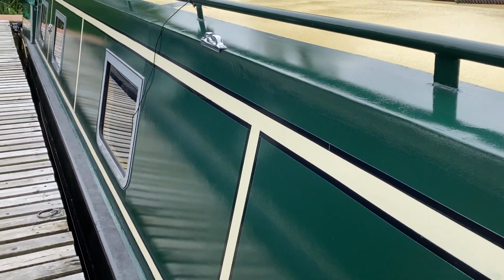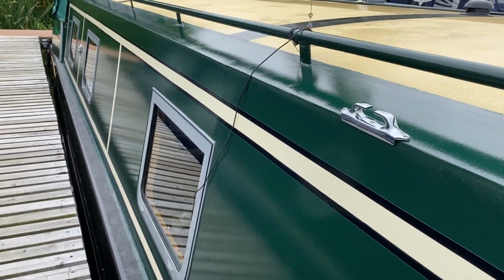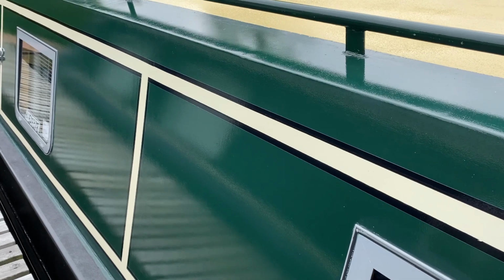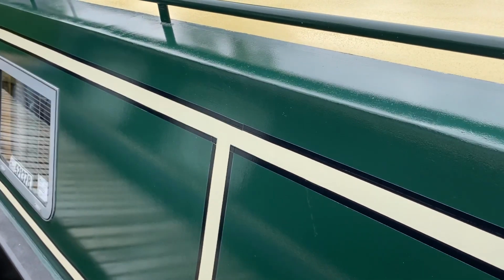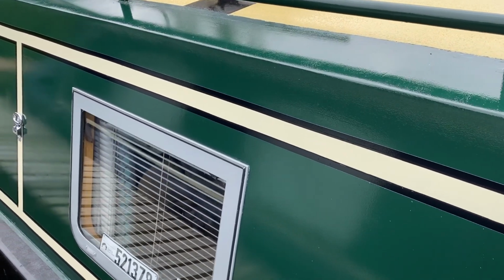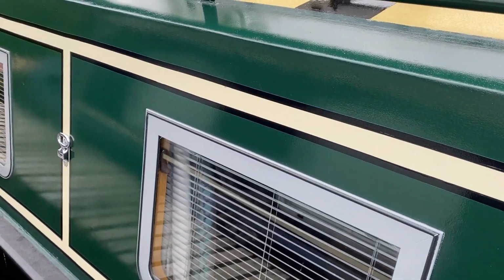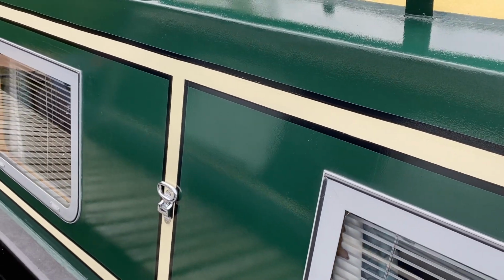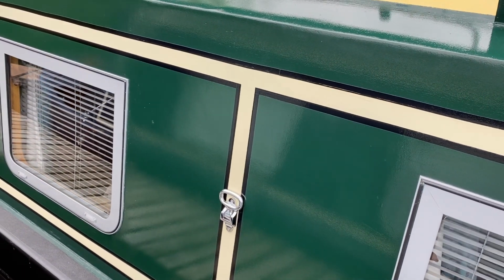Quite content with that. I think it looks very nice for a hand painted boat, and the protection that the ceramic gives it, second to none. If you haven't already tried it, do give it a go. There's lots of different makes. I'm only recommending what I've used, which is the Turtle Wax wet ceramic,